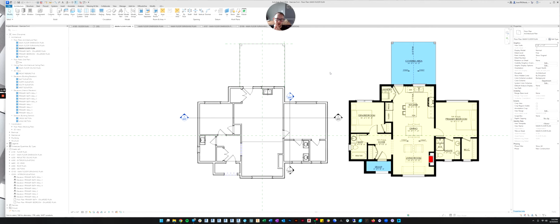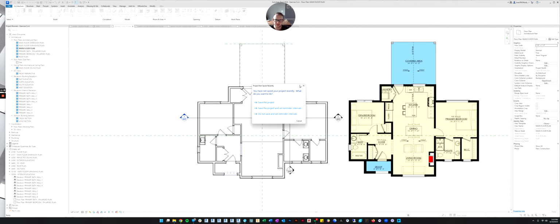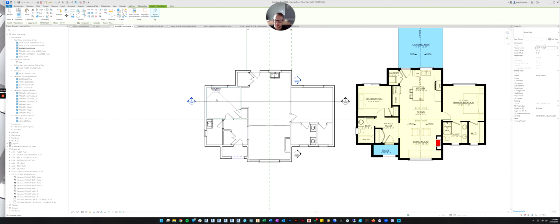And rooms we haven't talked about yet, but they are a 3D object in Revit because a room has a volume and a width, a height, the length. It has all of those items. It also has properties. Like a room has a volume, it has an area, you can assign materials to the room. So let's look how we do that. We have to create a room object. So if you come up to the architectural tab and go over to the section that's called room and area, there's this little button called room. And if you click it, it will start the room command.